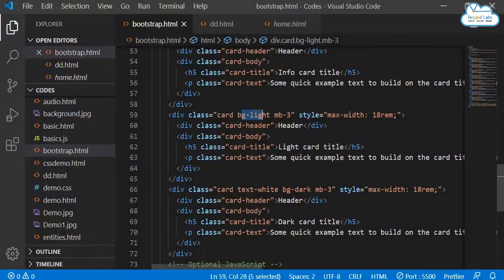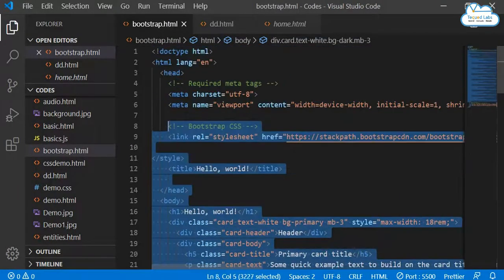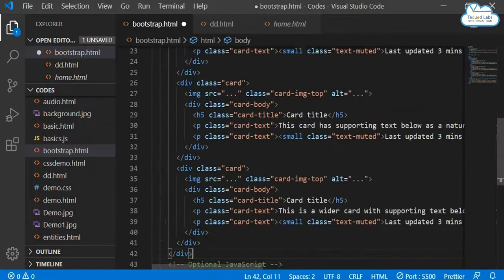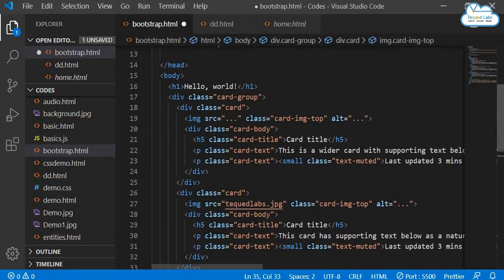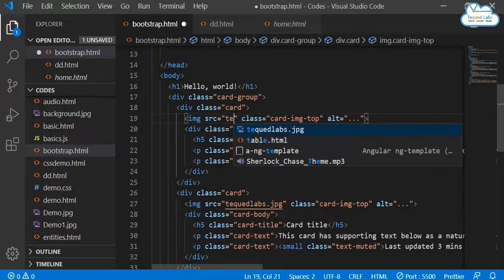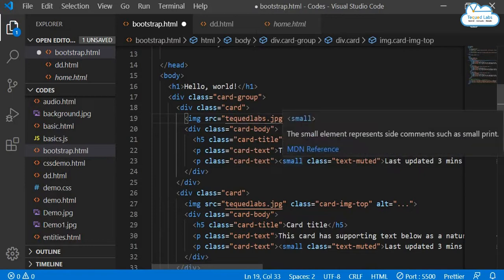So let me do one thing. Let me just remove this and I'll add images now. Let me add TechVid Labs here. Let me add TechVid Labs again here, right? So let me add TechVid Labs once again at the top. Now added TechVid Labs, TechVid Labs, TechVid Labs. Now